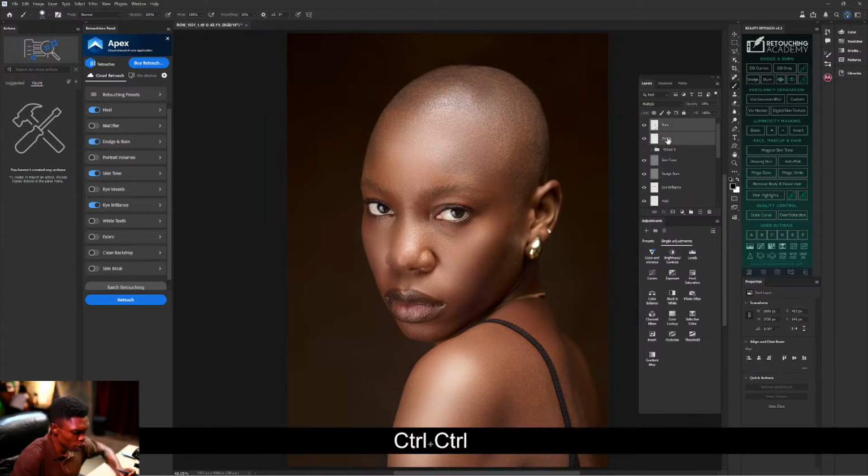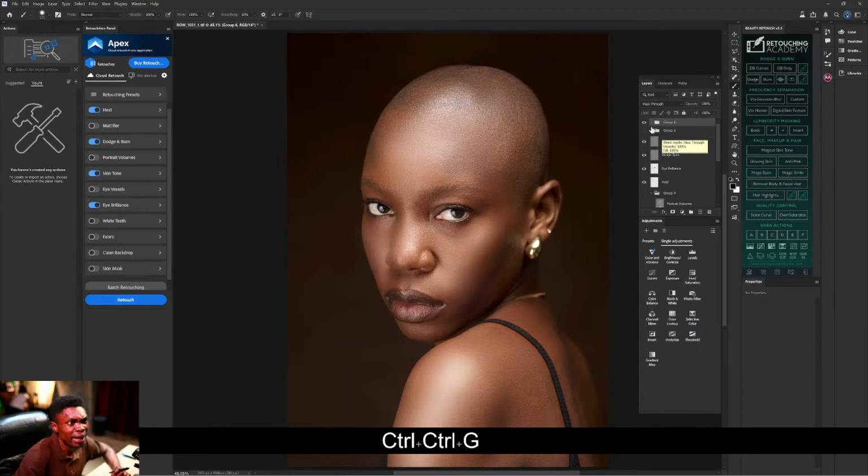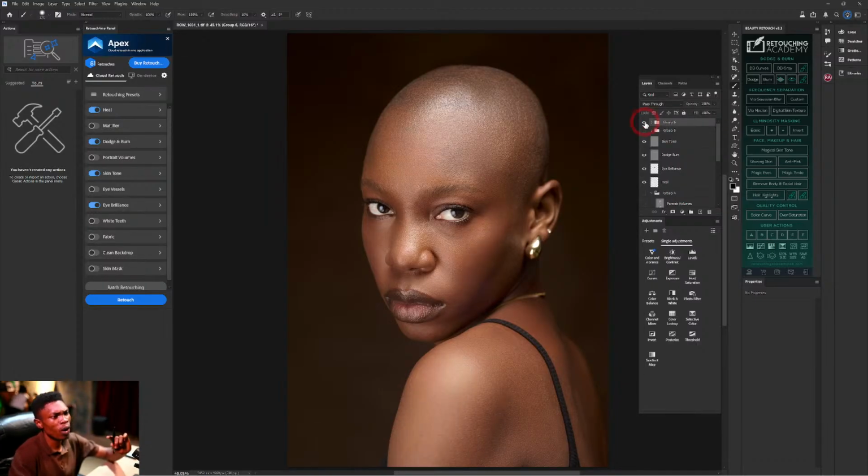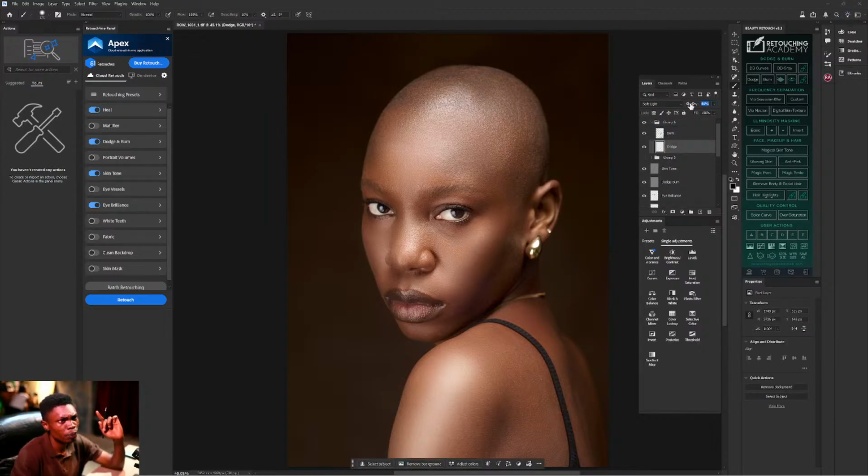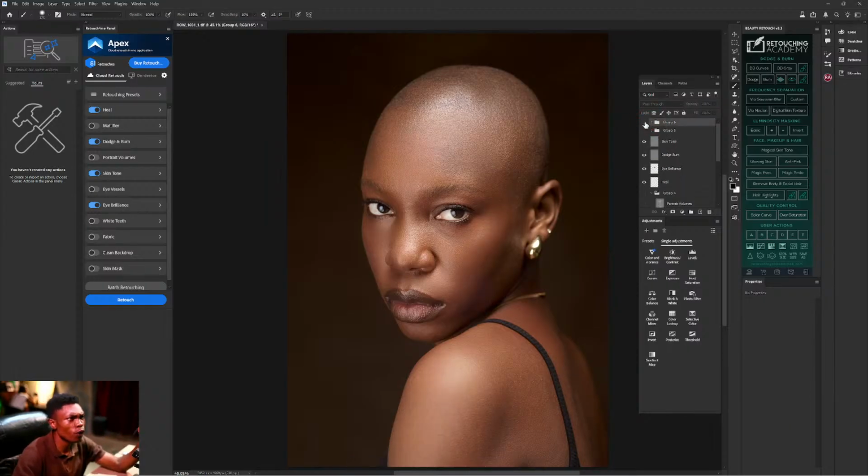Make I group these two. This one na pattern 2, before and after. This na pattern 2. Make I reduce my dodge a bit. It look too harsh. So this na before and after. This na pattern 2 for dodge and burn.